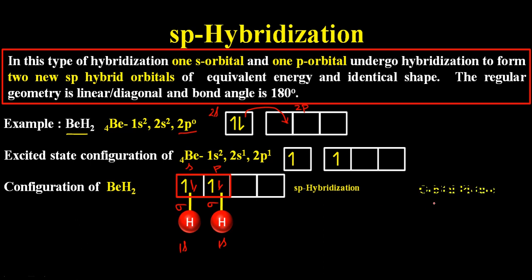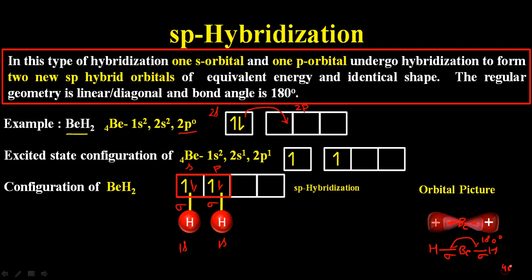As far as the orbital picture is concerned, since there are 2 sp hybrid orbitals, the orbital picture is like this. We have drawn the second lobe smaller, which is not forming a bond and will be negatively charged. In the center, we have the beryllium atom. So the overall diagram for BeH2 will be like this. There is formation of 2 sigma bonds and the bond angle will be 180 degrees. One more thing, in this case beryllium is not completing its octet. It has only 4 electrons in its shell here because there are only 2 bond pairs of electrons.